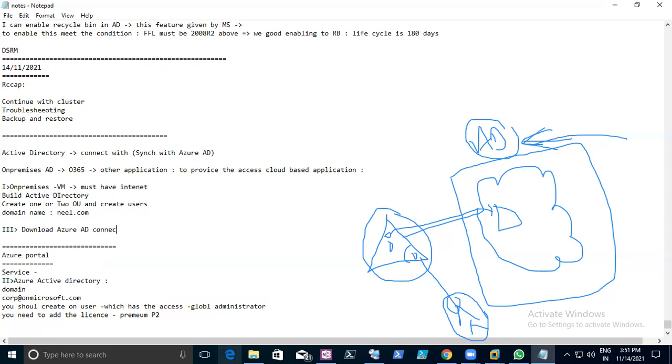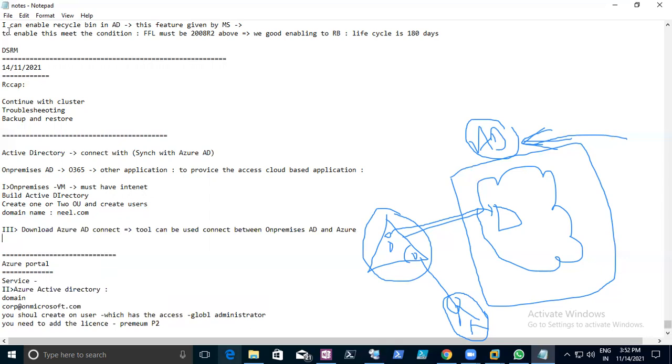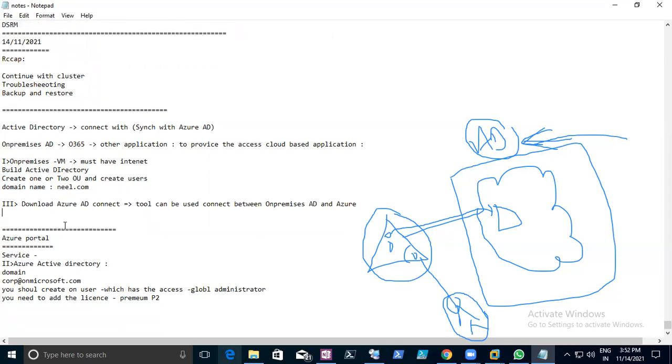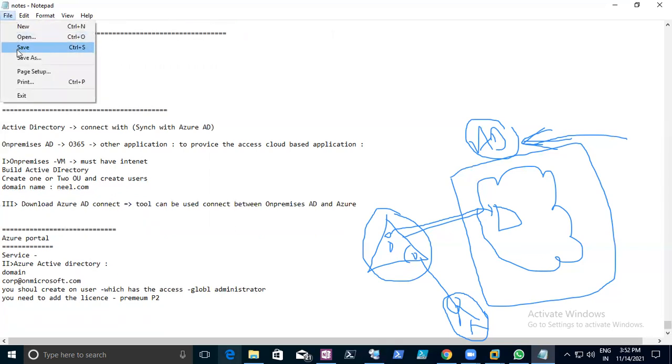This guy will help you. It is a tool that can be used to connect between on-premises AD and Azure AD, right? These are the steps we need to follow.